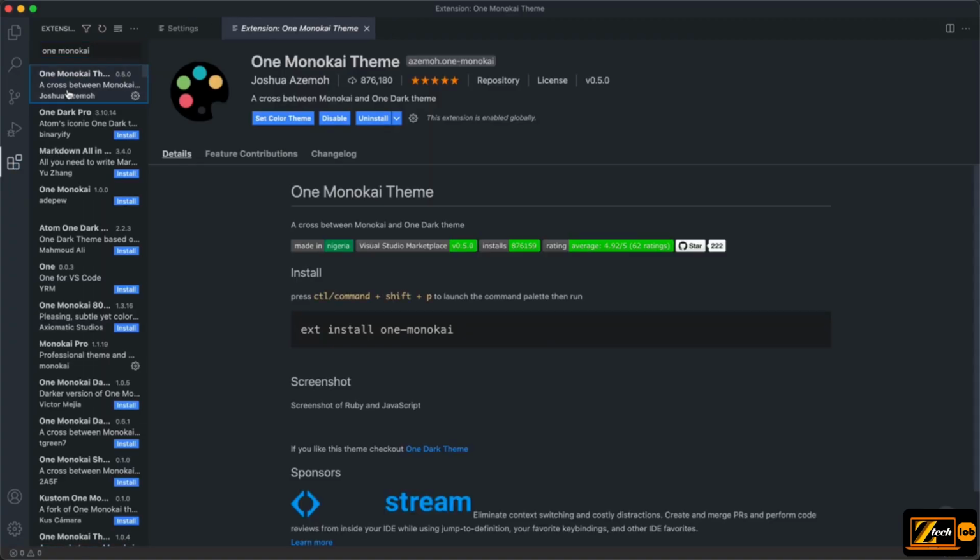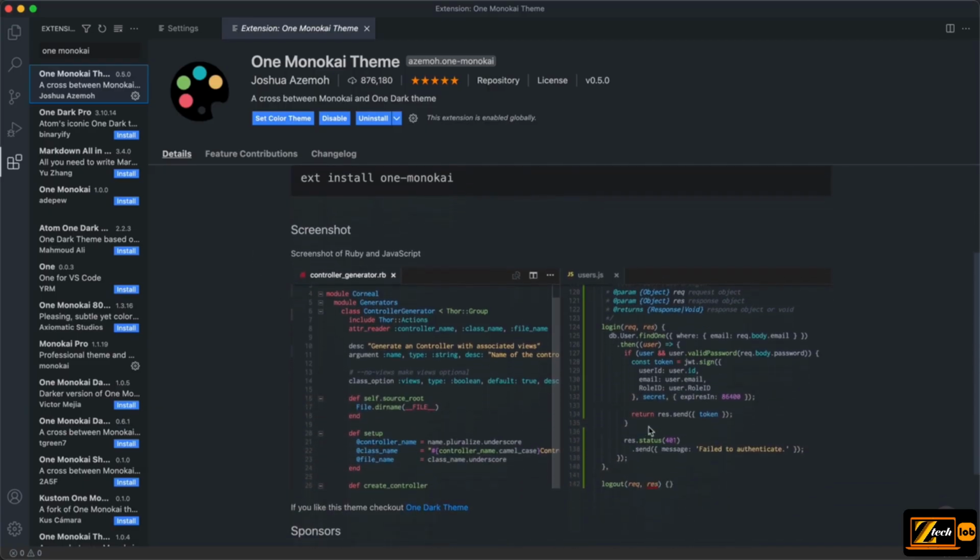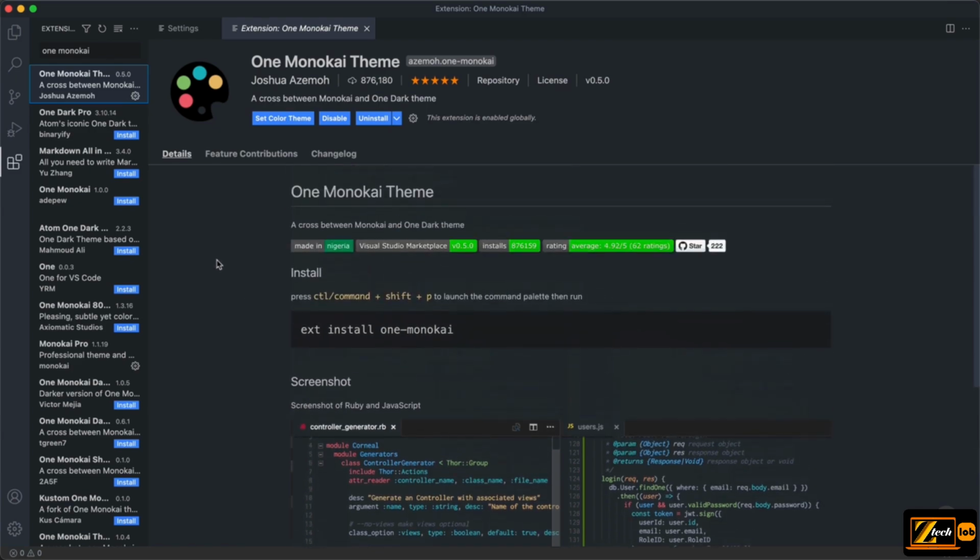So this very first one here, and as you can see down here, it will give our code these kinds of colors. And also the VS Code editor itself will have this blue color that you can see already here in this window. So if you want to use this color theme as well to make your editor look exactly the same as mine, then just go ahead and once again download this extension and then set the color theme